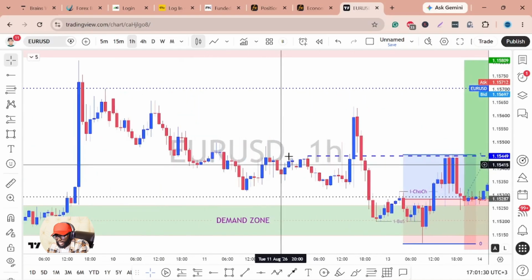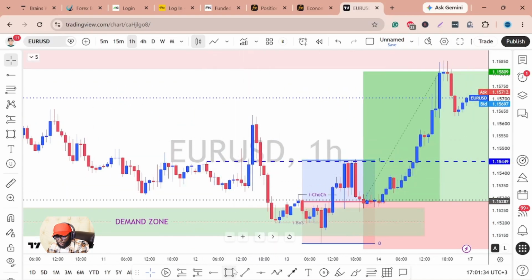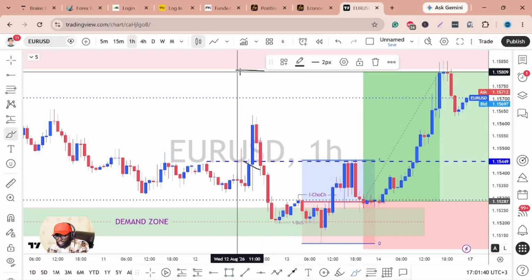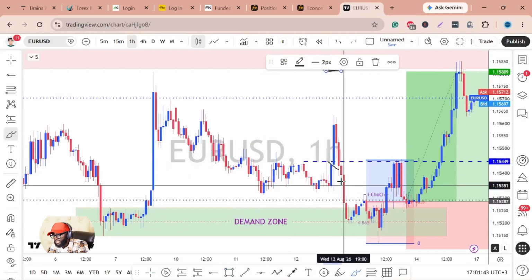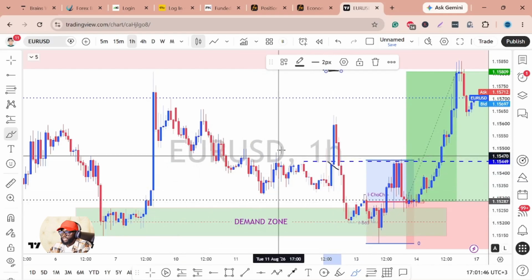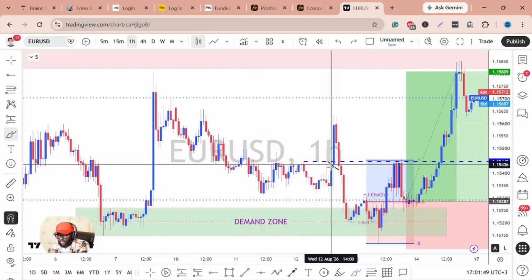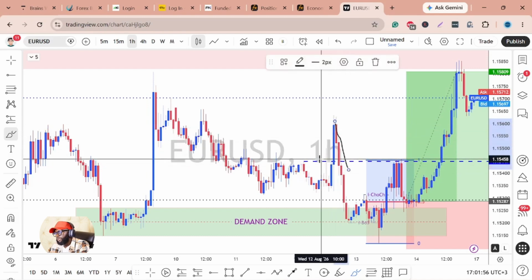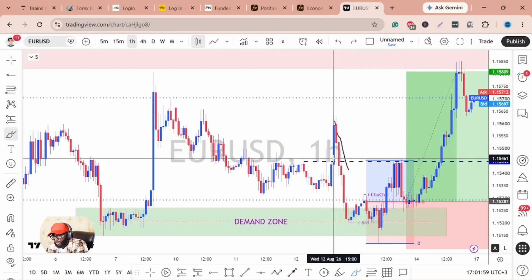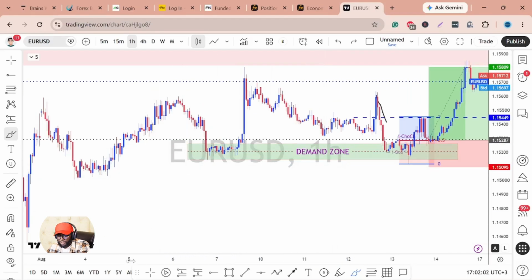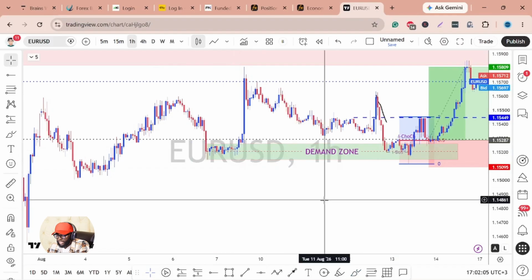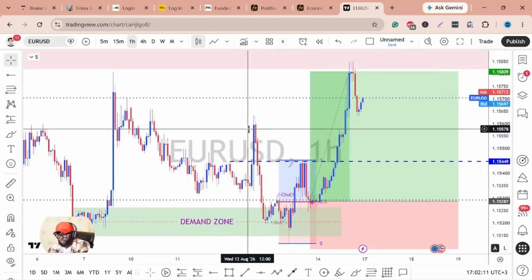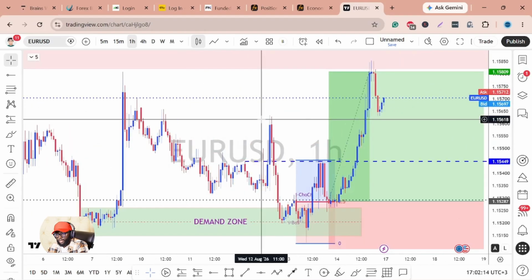Once price showed us some bullish price action here, I was taking a position from this level, looking for price to take out these levels over here, because of the analysis that we've done on the DXY. You can piece it up for yourself. Unfortunately, price gave us this bullish momentum, but then started pushing lower. At that moment, we had already put our stop loss at break even, so we did not make money, and we also did not lose any money because our positions were at break even. That is how you should always protect your equity, which also determines your equity curve.